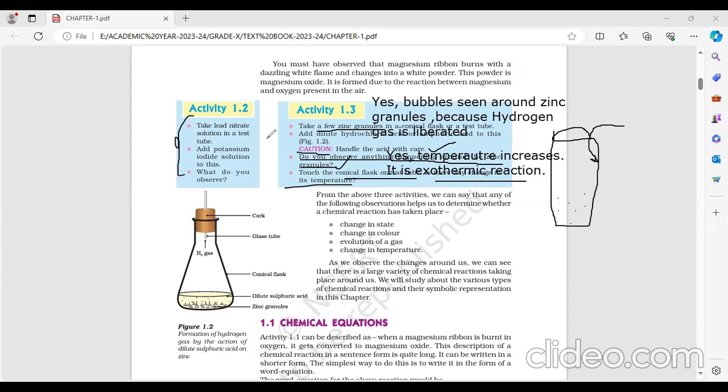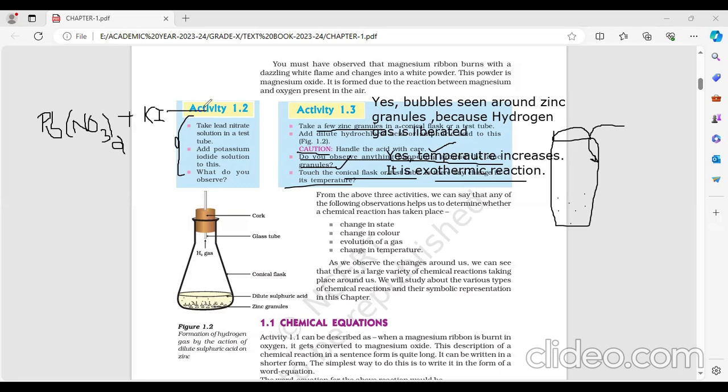So maybe he asks to write the balanced chemical equation for lead nitrate and potassium iodide. As I have already explained, but once again I'll write. First we are taking lead nitrate, so Pb, formula Pb(NO3)2, plus potassium iodide, formula KI,